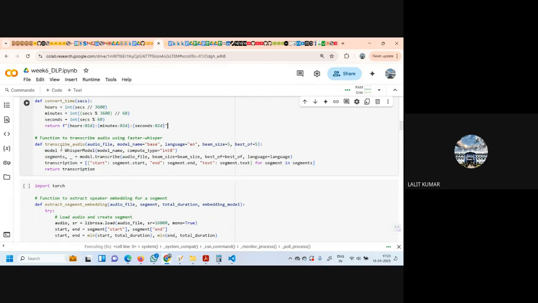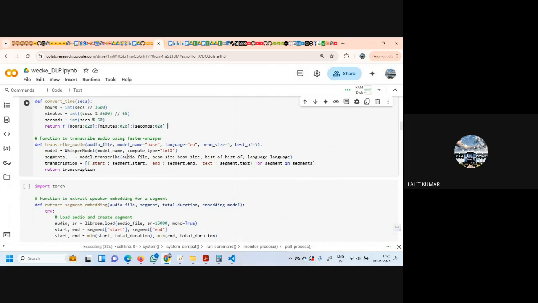And this second part which is there, this is a very important part. Function to transcribe the audio using faster whisper. So we have written a function. Our audio file, model name is base, language is English, beam size 5, best of is 5. Whisper model name, compute type is int8. And from here, what we are deriving is the segments.